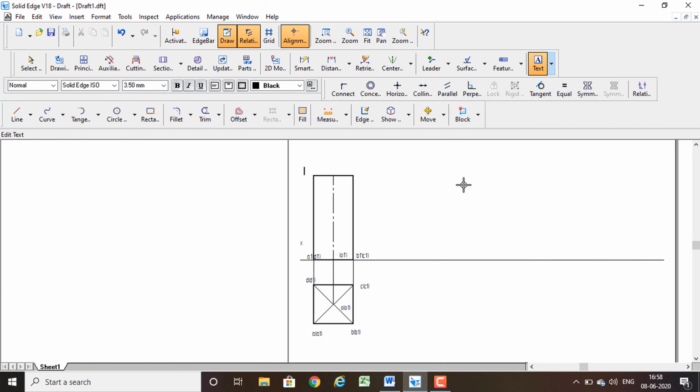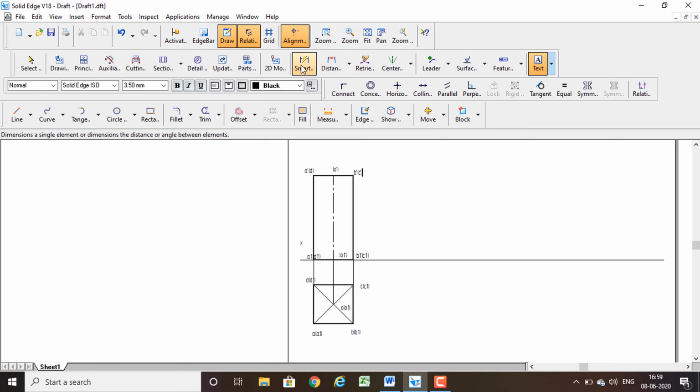So what is this? This one is a dash in bracket d dash here, in bracket o dash here, b dash in bracket c dash. Okay, so this is the front view, and we have to draw the dimensions also.